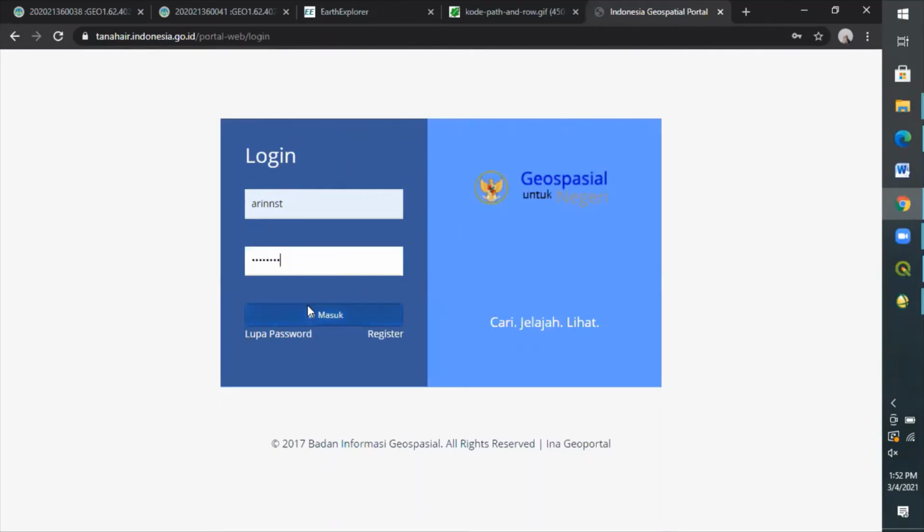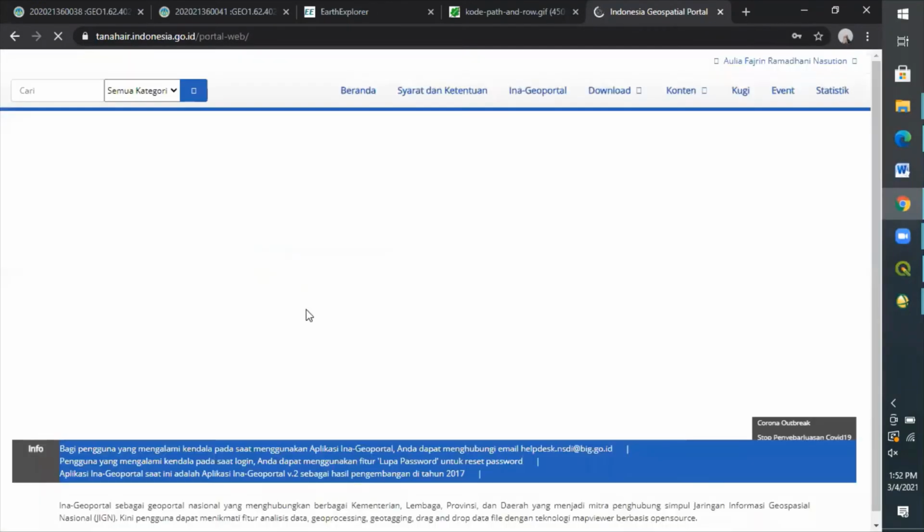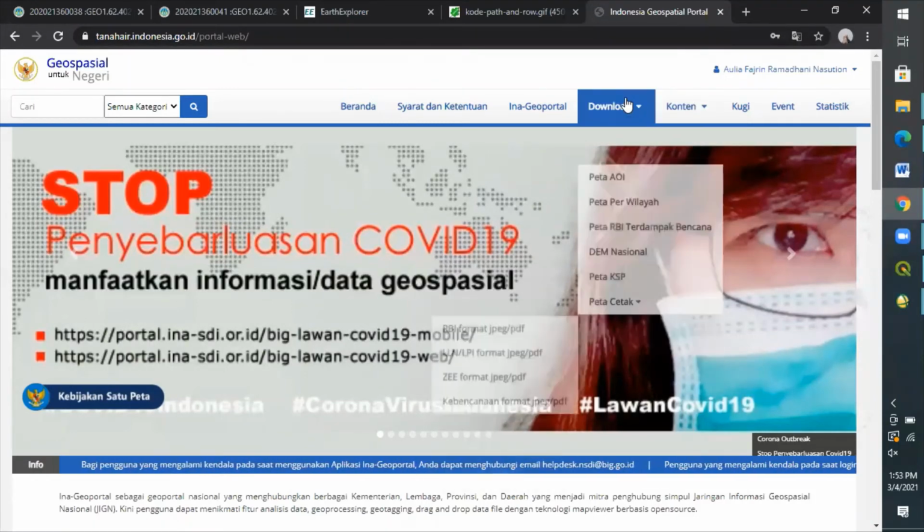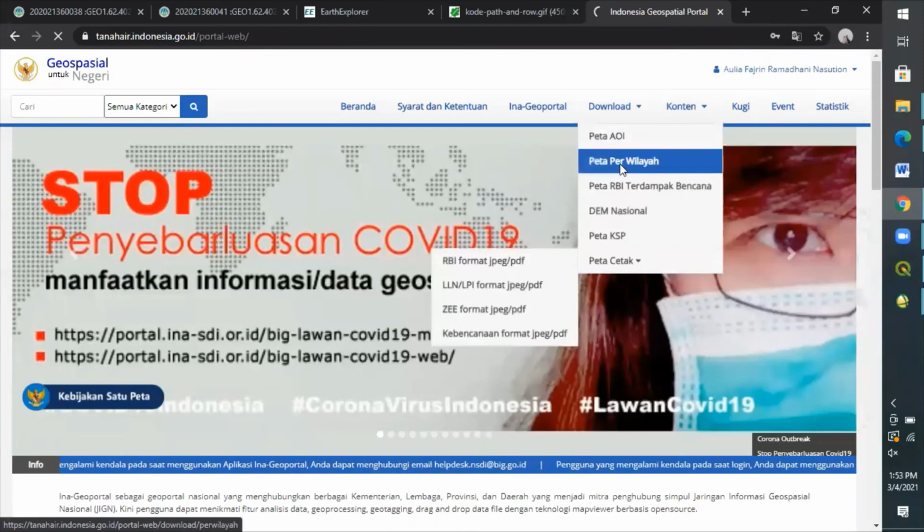If you don't have an account yet, you definitely have to make one by registering yourself. And when you're in, this is what it looks like inside the website. And for the download activity, in case we want the vector data per region, choose the download option, then click map per regions, or peta per wilayah.